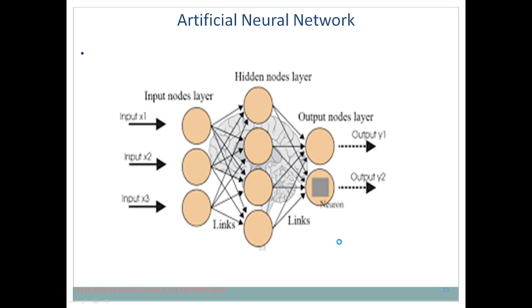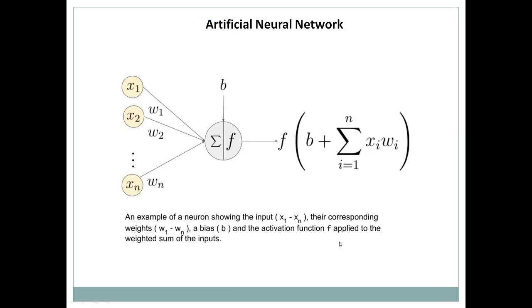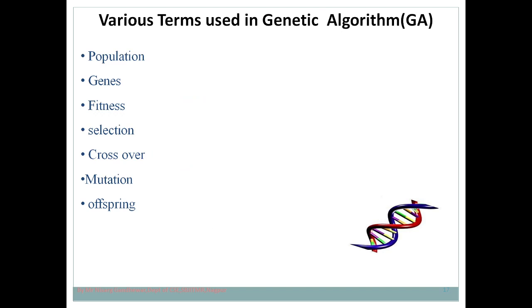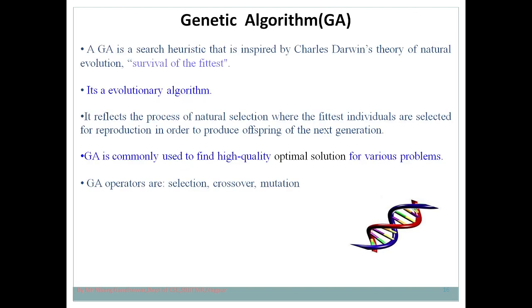I hope you understand the concept of artificial neural network and its role. Actually, an artificial neural network is used for taking the input, processing it, and in order to take appropriate action we require an artificial neural network. An artificial neural network is a simulation of your human brain, and it has multiple applications in real life.